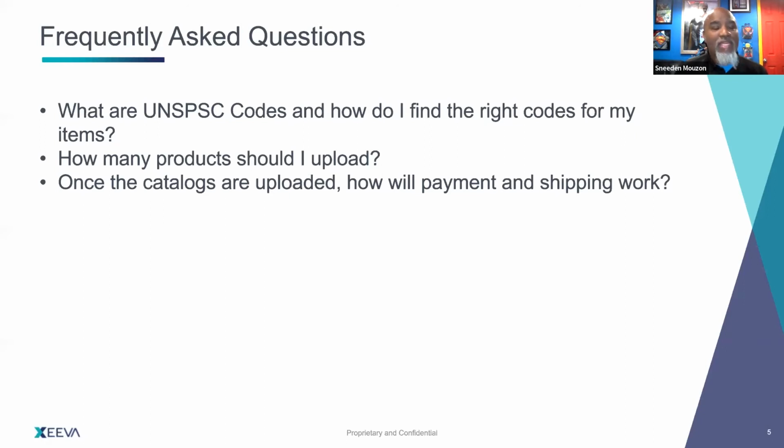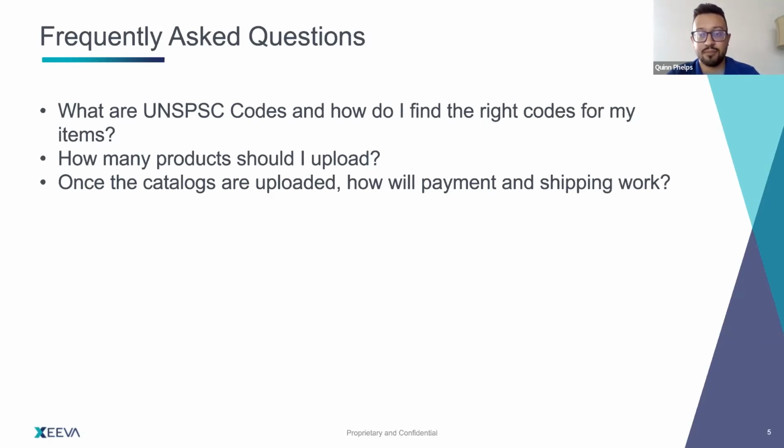So if I'm creating a catalog, I would break out the bulk load templates into sections of 1,000 items at a time. Something that we have been seeing as well is a lot of our suppliers that have already uploaded their catalogs are uploading their top 200, top 250 items. And as Steven said before, you can easily go into your portal account and manage your catalogs in real time,